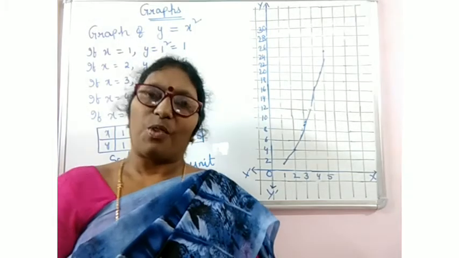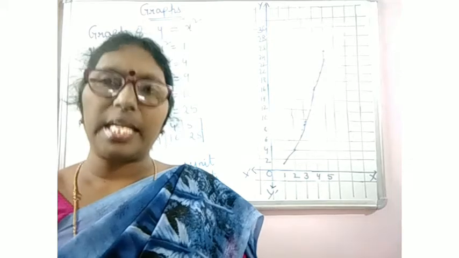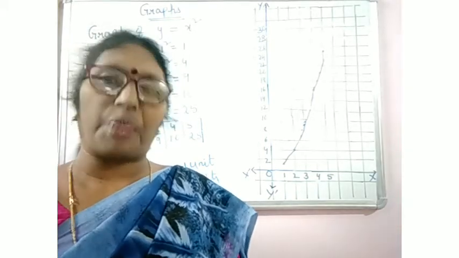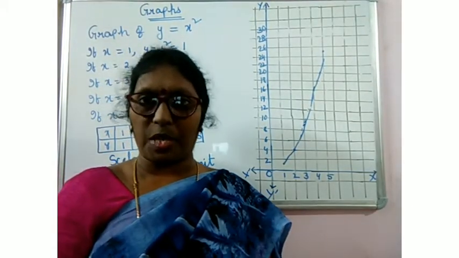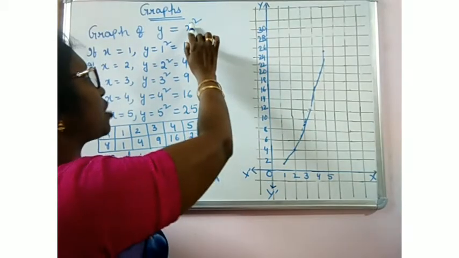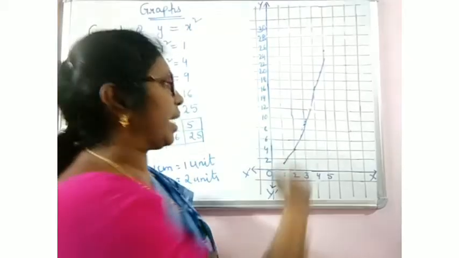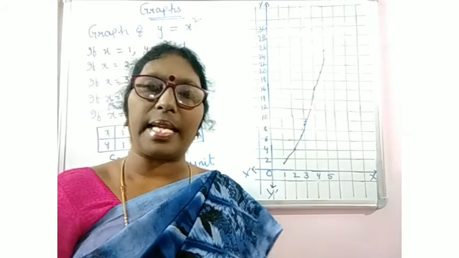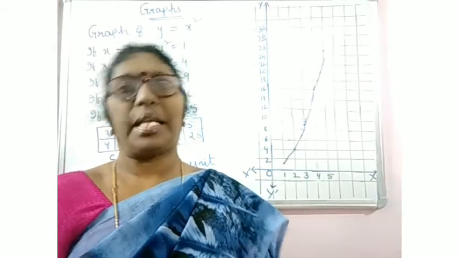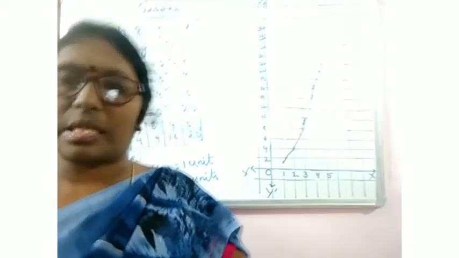That means, what did you understand from this? If you draw the graph of a linear equation, we get a straight line graph, and if the equation is other than a linear equation, that means if the highest power of the variable of the equation is other than 1, we get curved graphs. That's why linear equations are said to be equations of a straight line. I hope this is clear to you.